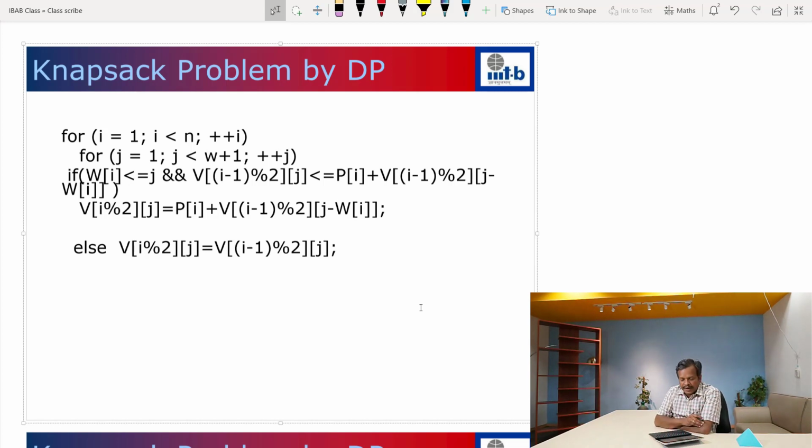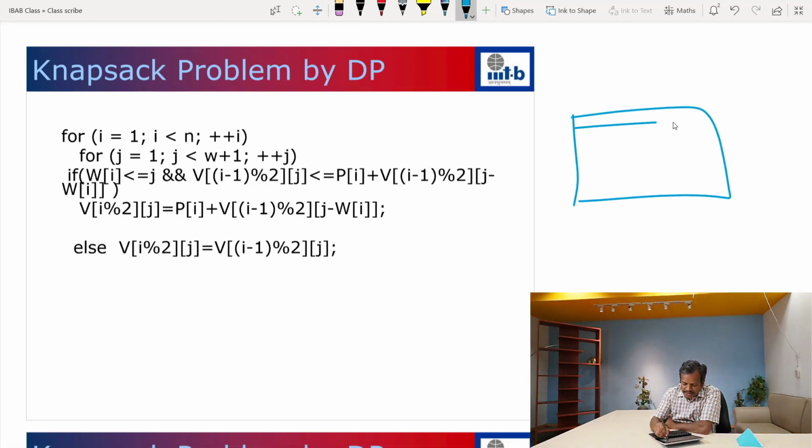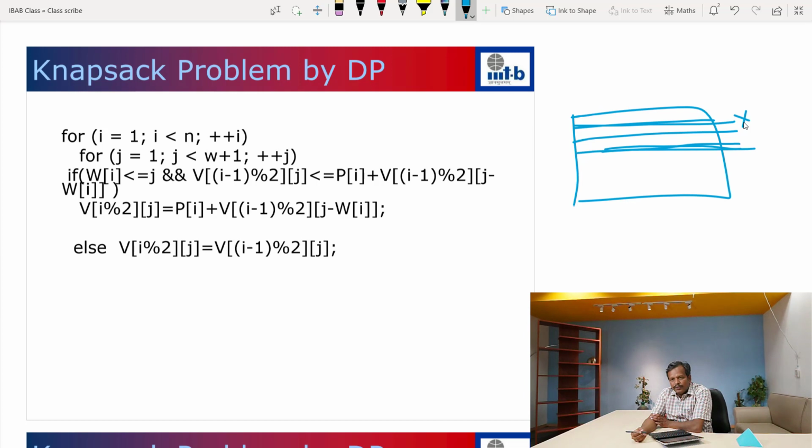The main idea here is that in order to fill the next entry, what we actually want is only the previous row, right. So we started with the first row, which is initialized based on the weight of the first item, and then we write the second row. The second row value will only depend on the first. When I have to fill the third row, its value will only depend on the value in the second row. It does not depend on anything before. So I do not need to remember the first row, and I can go back and overwrite it.